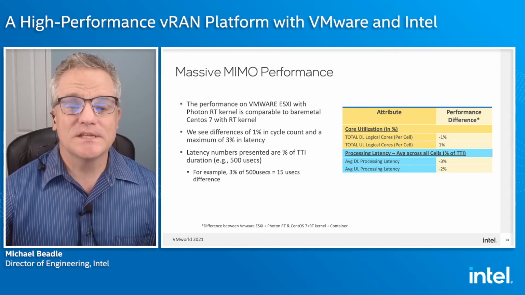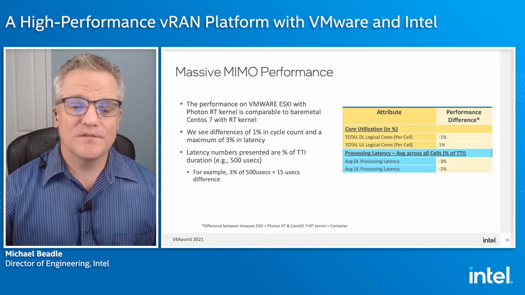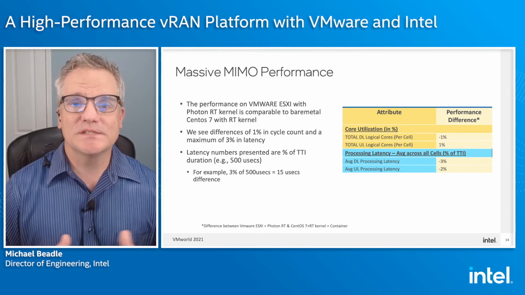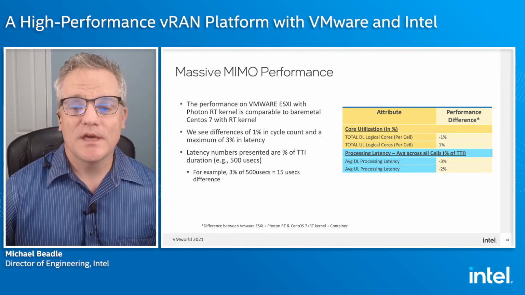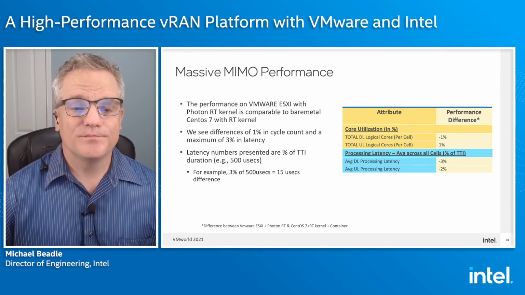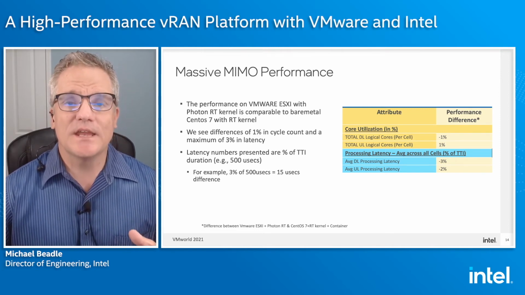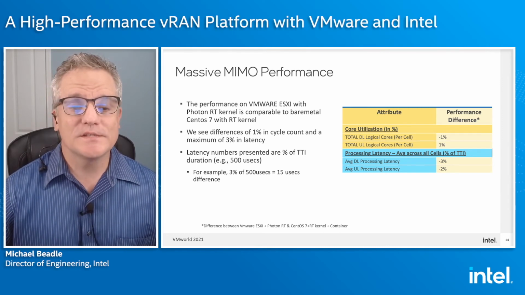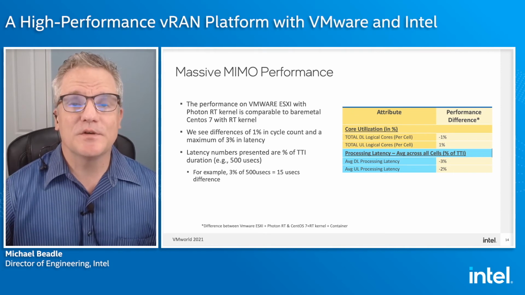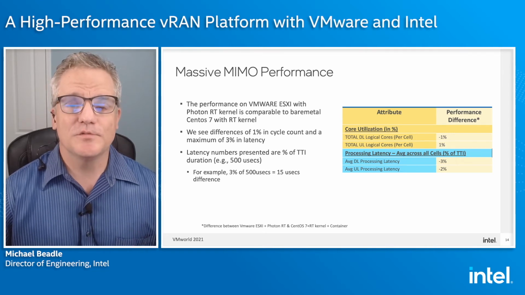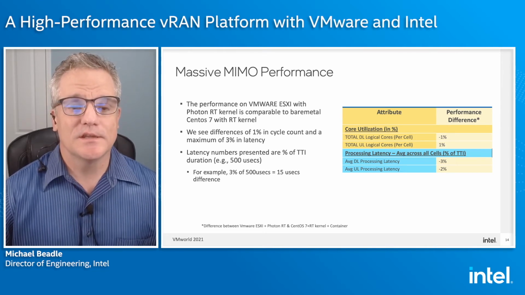Similarly for the processing latency, this is looking at how long it takes for a task to complete. Of course, if there are multiple extensions, then eventually, like I said, you'll miss the TTI window and miss real time. Here the difference is also very small, around 2 to 3%. How much of the budget that is depends on the TTI, which can vary. But if you're talking about a 500 microsecond TTI, then a 3% difference is about 15 microseconds, well within the range of margin to be stable and hit the performance metrics.